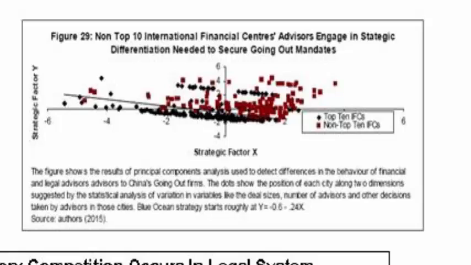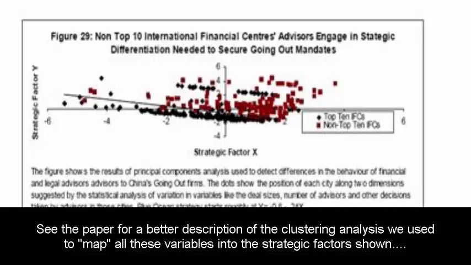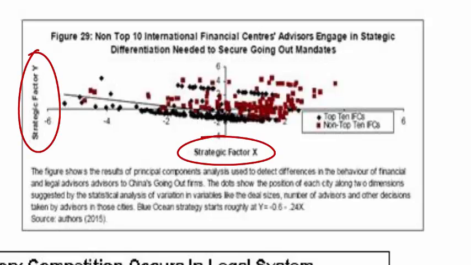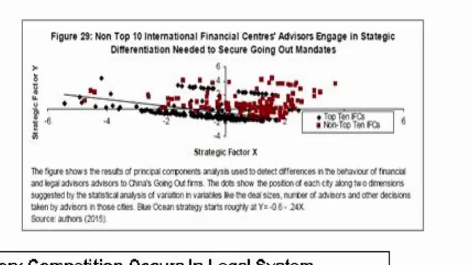So what this graph does is it says, okay, we're going to look at each advisor. We're going to take all kinds of competitive attributes, their market size, the types of sectors they focused on, the types of clients they focused on, the countries that they worked in, and so forth. We're going to take that whole array of data, that whole matrix of data, and again, we're going to just squash it into two factors. And so in that way, we reduce all this crazy complexity into two very simple factors, which we label as strategic factor Y and strategic factor X.